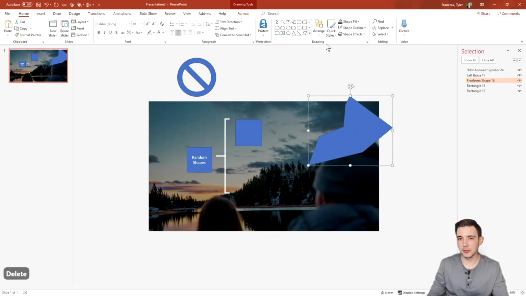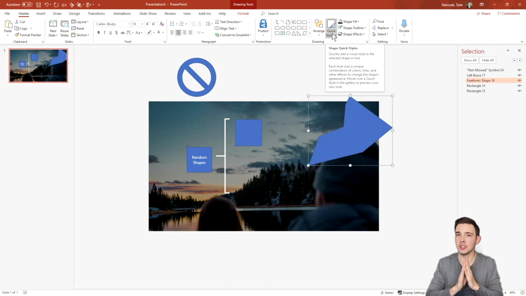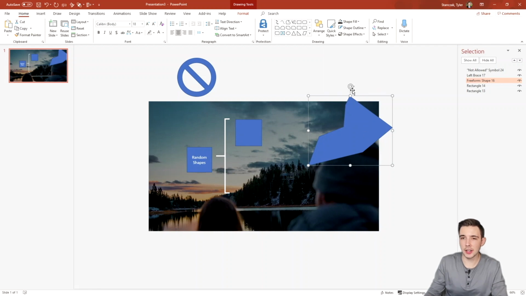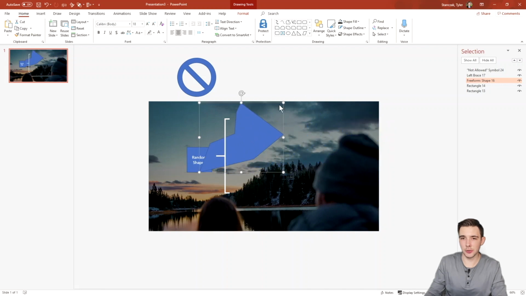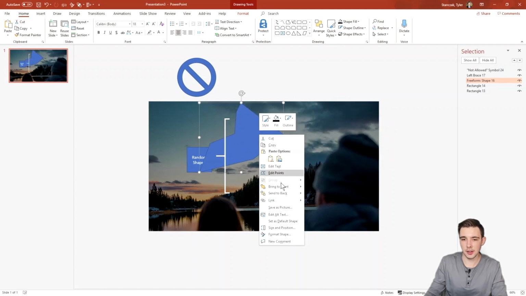So another thing with this feature is quick styles. I often am not actually going into quick styles too much to really play around with this, but this is a nice feature to have if you are wanting to quickly add a style to an object or even text. If I click on the shape and then go down to quick styles, you'll see here they have a bunch of different presets, and I'll actually move this shape over here so you guys can easily see.